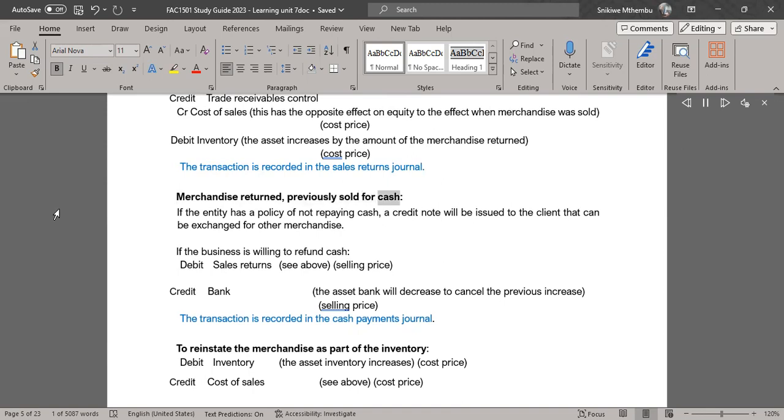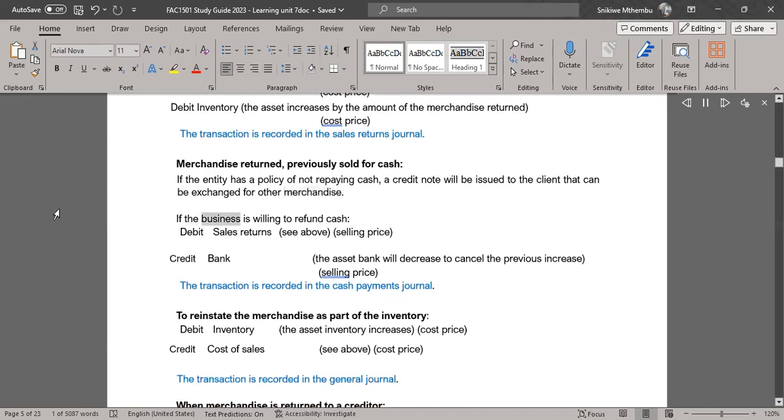Merchandise returned, previously sold for cash. If the entity has a policy of not repaying cash, a credit note will be issued to the client that can be exchanged for other merchandise. If the business is willing to refund cash: